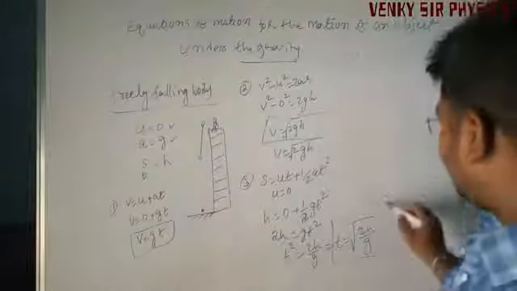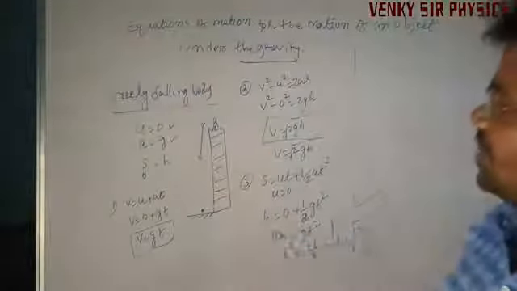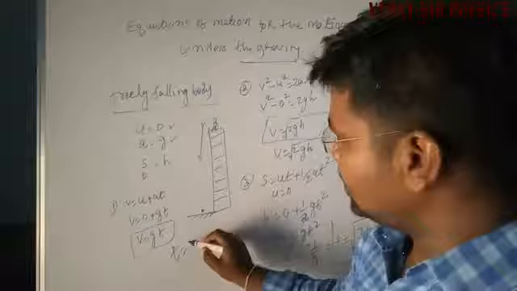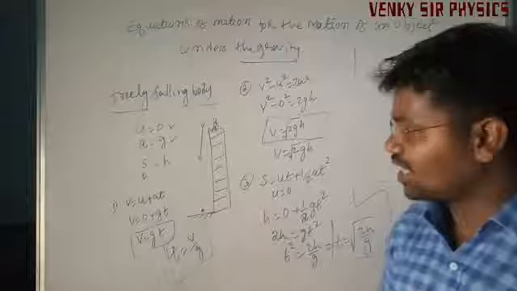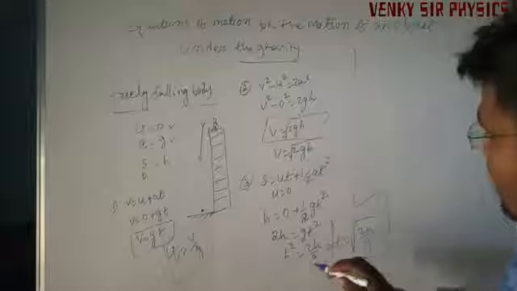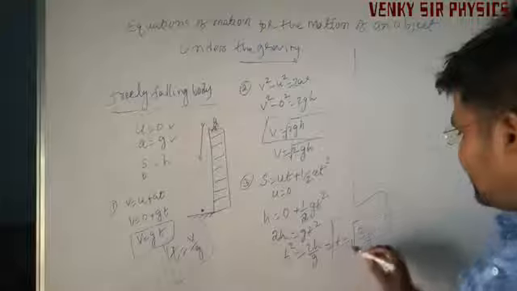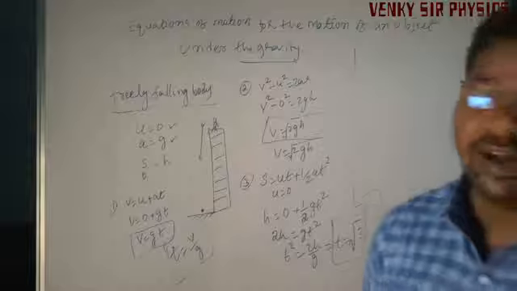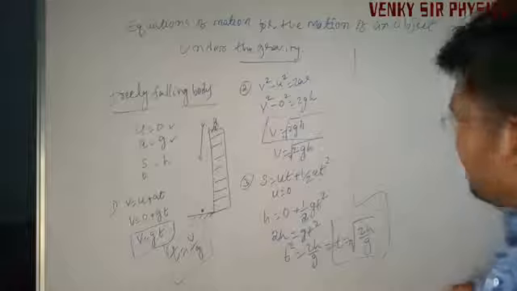These are the points for the freely falling body. Here we can also find t is equal to v by g. So this is based on the freely falling body, and here we need some formulas. Time taken by a body from top to bottom, t is equal to root of 2h by g. These are very important for getting the solution to problems in kinematics.